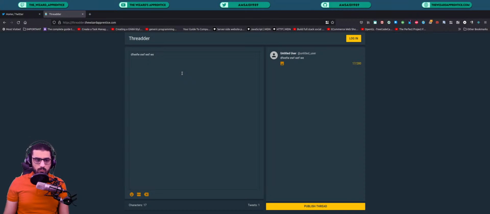The reason why we're doing that is at the moment this is just a normal HTML text area, so whenever you type a hashtag or a user mention, it doesn't get highlighted like it does on